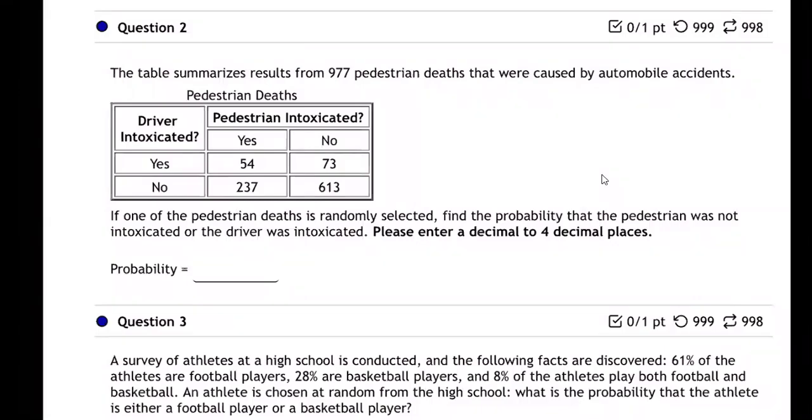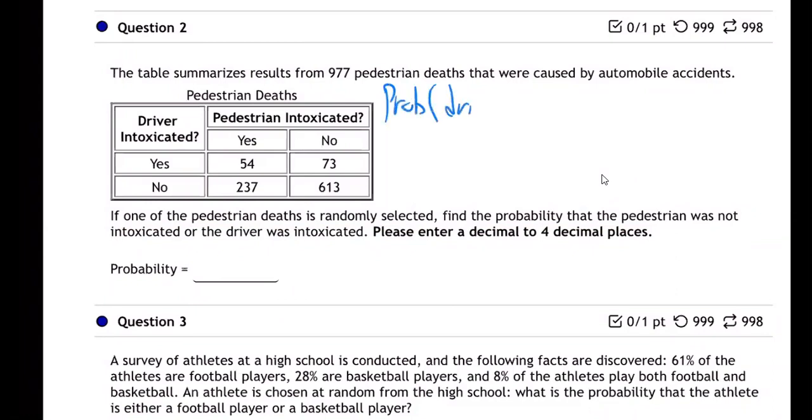So a table summarizes results from, in this case, 977 pedestrian deaths that were caused by automobile accidents. So same kind of thing, same kind of table. And it's saying if one of the pedestrian deaths is random, find the probability the pedestrian was not intoxicated, driver was. Yeah, okay, good. So this is kind of like what we were just talking about. So they're saying